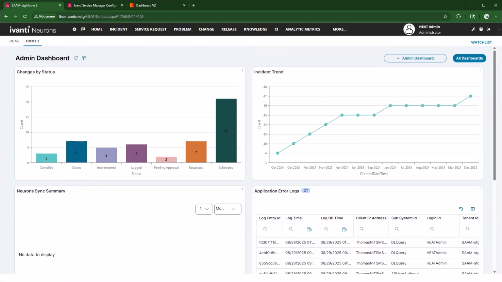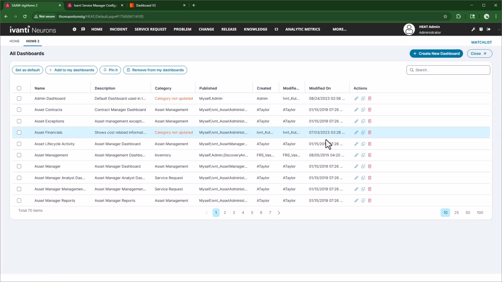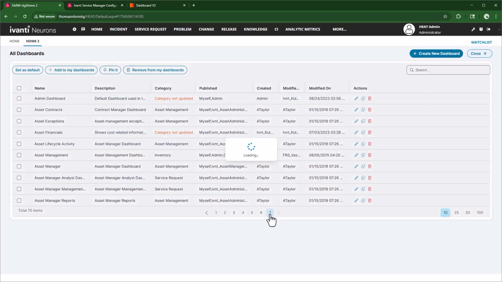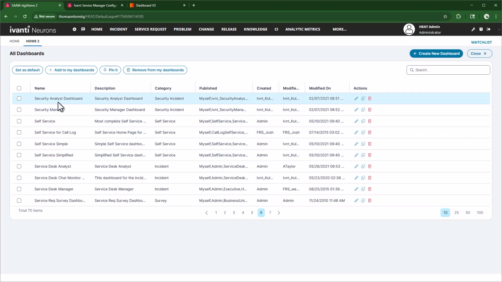One of the new features in the new dashboards, firstly, is the ability to clone dashboards. So in this, you can clone a dashboard and build a new one, edit or delete them from this All Dashboards view. One of the dashboard features itself is, if I go to the Service Desk Analyst dashboard,